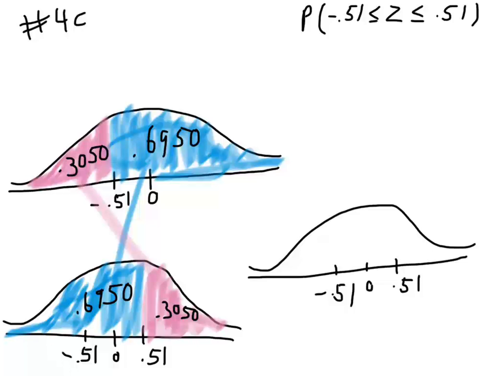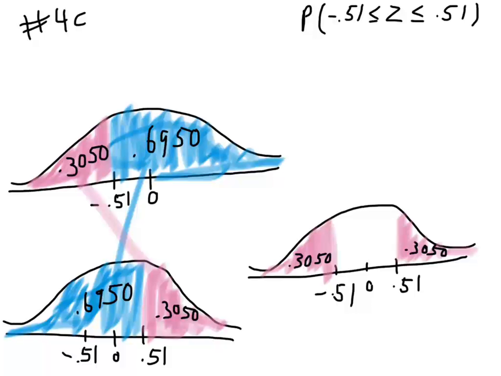So 4C asks you to find the area between negative 0.51 and positive 0.51. Well, we know from the previous example that the area to the left of negative 0.51 is 0.3050, and that's also equal to the area to the right of positive 0.51, so we could get this as 0.3050, and this is